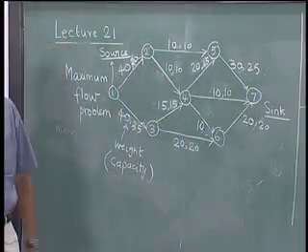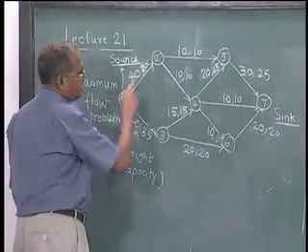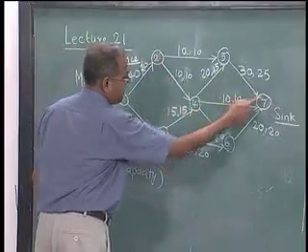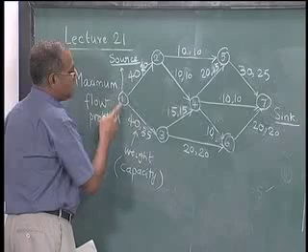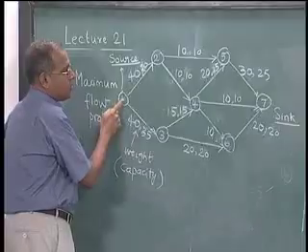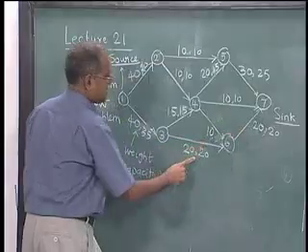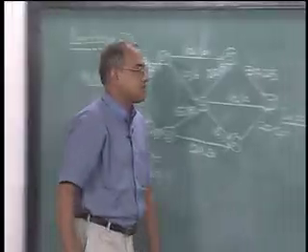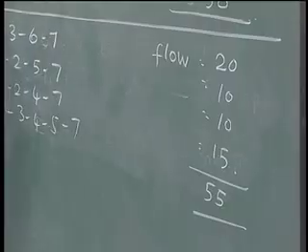Now, let us see whether we have exhausted all the paths. 1, 2, 5, 7 is exhausted, 1, 2, 4, 5, 7 is exhausted, 1, 2, 4, 7 is exhausted, 1, 2, 4, 6, 7 is exhausted because this is complete, 1, 3, 4, 5, 7 is exhausted here, 1, 3, 4, 7 is exhausted, 1, 3, 6, 7 is exhausted, 1, 3, 4, 6, 7 is also exhausted. So, we have exhausted all of them, but now we realize that we could have flow equal to 55 units